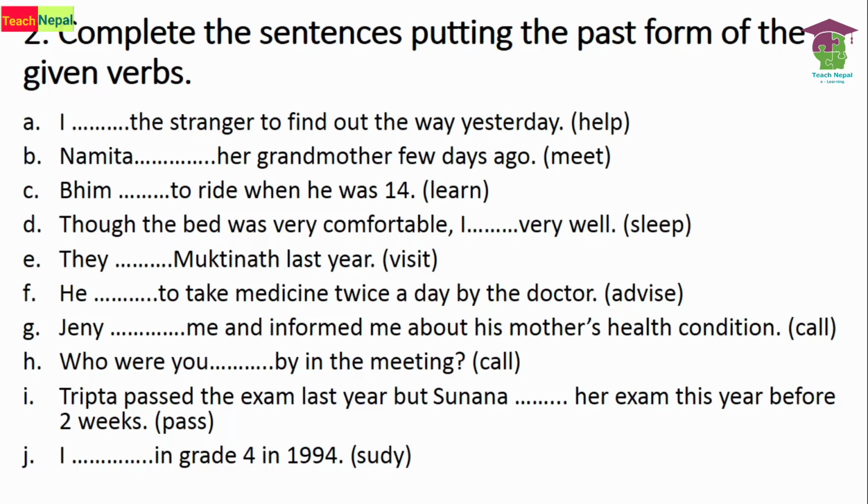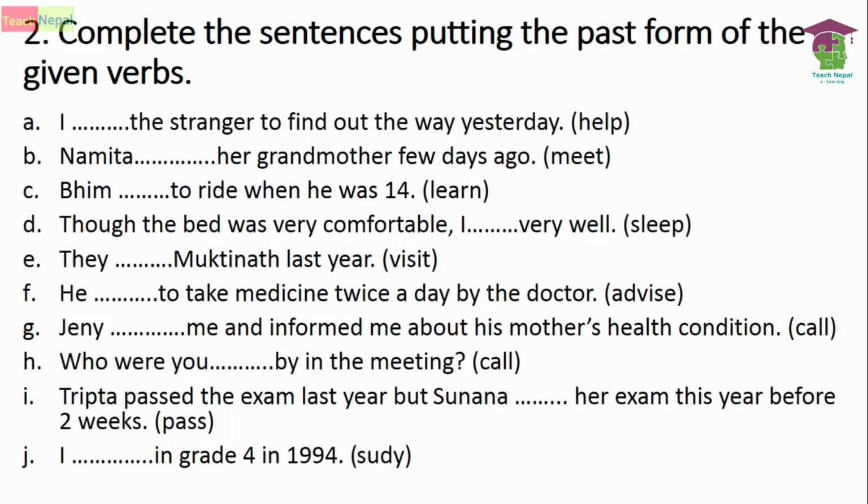Number G, Jenny dated me and informed me about his mother's health condition. So called plus ed, you should write called. Okay. So number H, who were you dated by in the meeting? Call here. Who were you called? Next is pass. Tripta passed the exam last year, but Sunana passed her exam this year before 2 weeks,